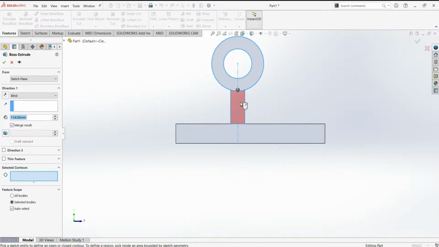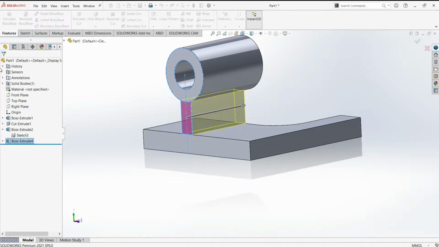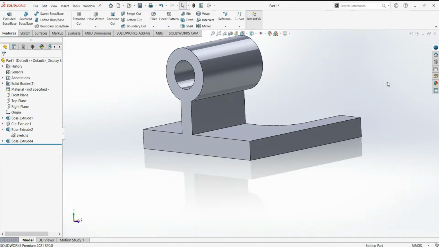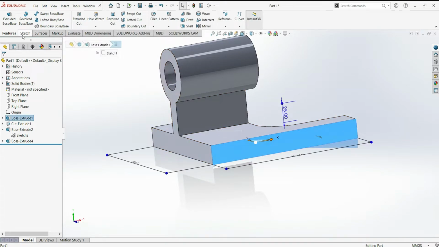and this time we will select this face. This distance will be 102 mm and direction will be reverse. Select OK. So that's it. Now select this face and select sketch.